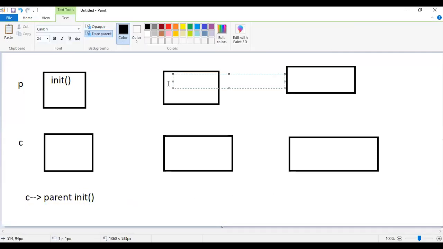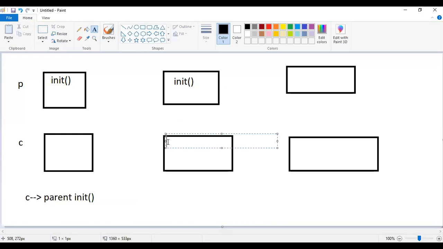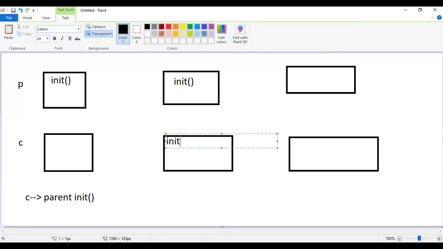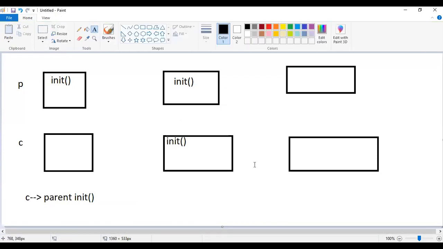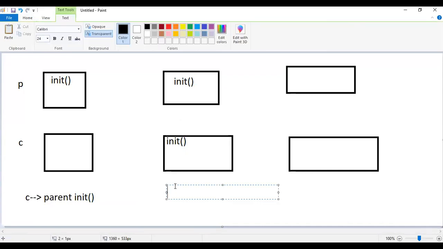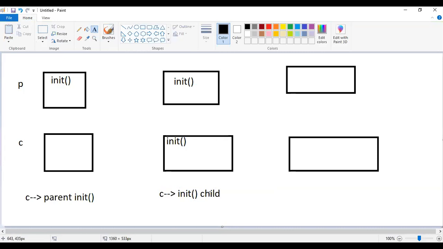Now in the second scenario, the parent is having init, and the child is also having init. So in this case, when you create the object for the child, it will use only the init of the child.